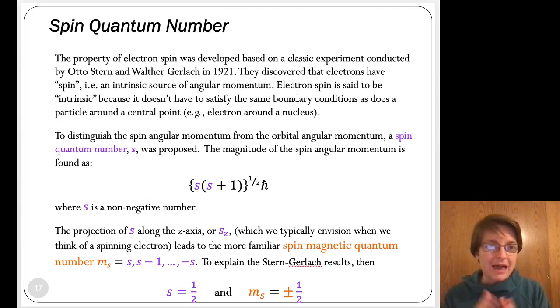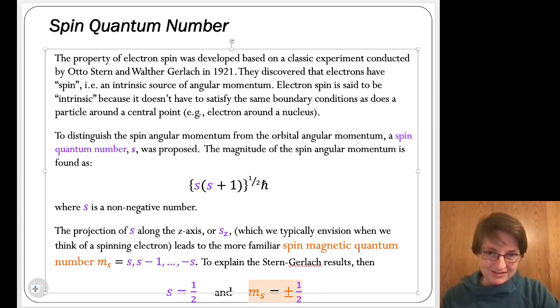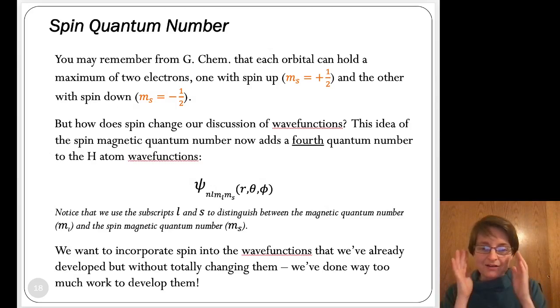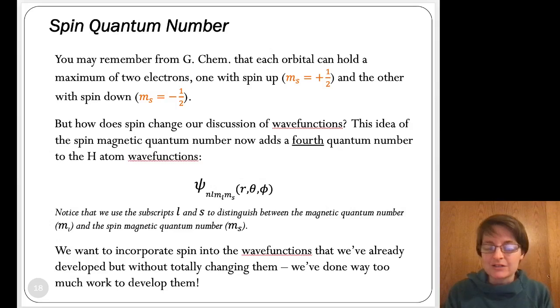The overall magnitude of that spin is called the spin angular momentum. It's very analogous to L, our orbital angular momentum term, but the part that gets put into our GChem expressions or our quantum number expressions is m sub s. It can take on values of positive 1/2 for a spin up electron or negative 1/2 for a spin down electron. And so once we have spin, a next question we could ask is, how does that change the wave